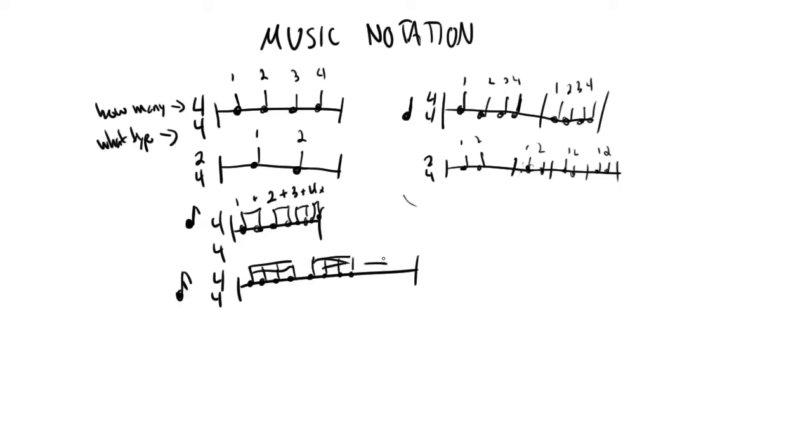And so on. The way you count 16th notes is 1 E and a, 2 E and a. So if you counted this, this is the beat. 1, 2, 3, 4. The way you count the 16th note is 1 E and a 2 E and a 3 E and a 4 E and a 1 E and a 2 E and a 3 E and a